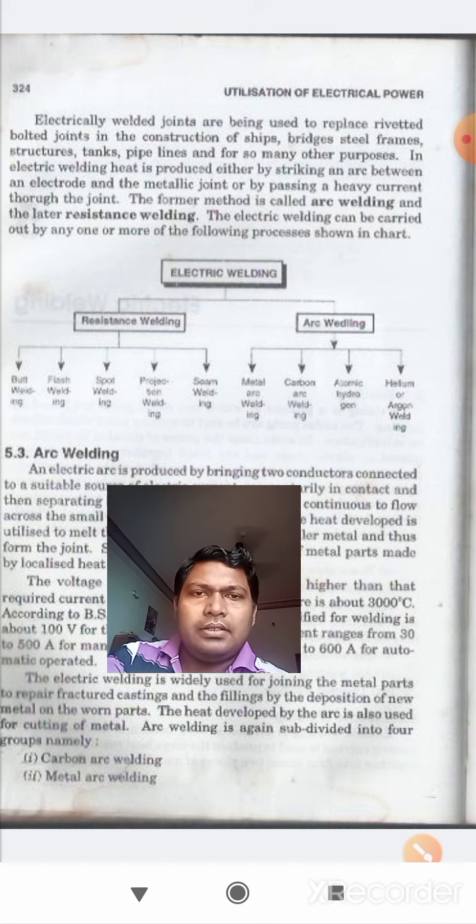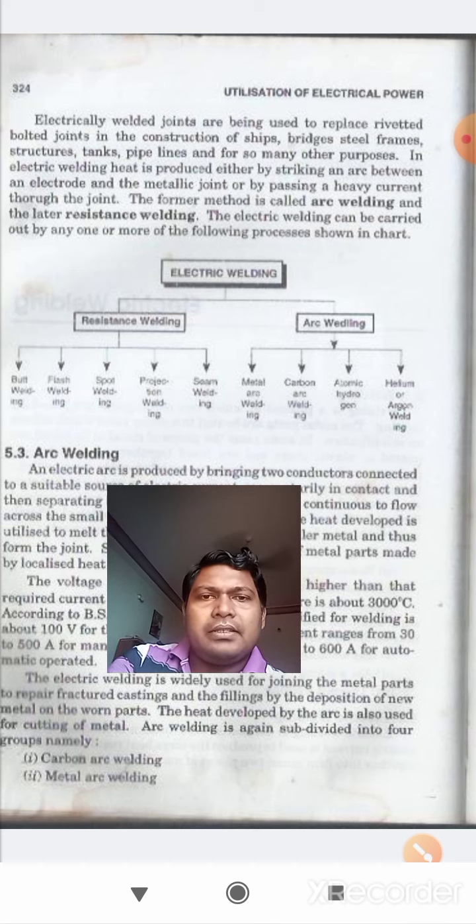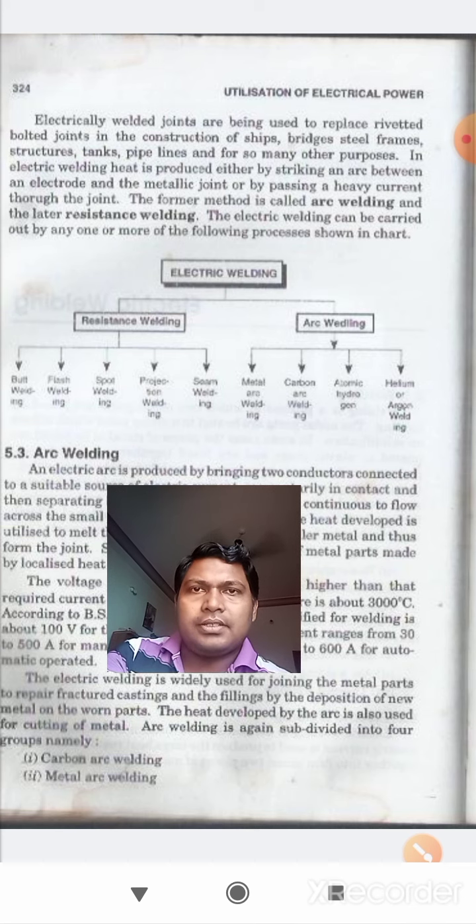So what is riveting? First I will make a hole, or the passage where I have to make them joint. The first step we should do is to drill the material throughout so that a hole will be made, and in that hole we will put a piece of metal, and we will spread the head of this metal so that the metal will lock itself and it will act as a block. So that is a riveted joint.